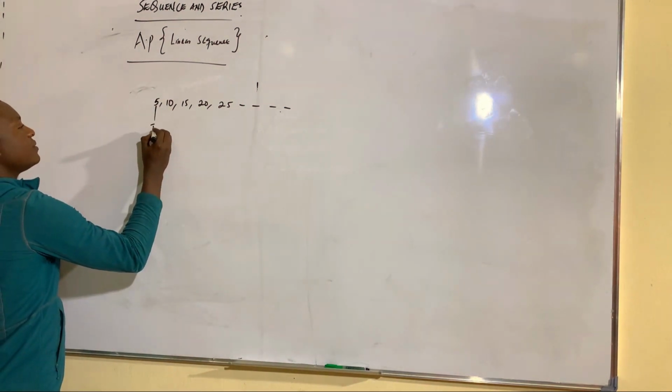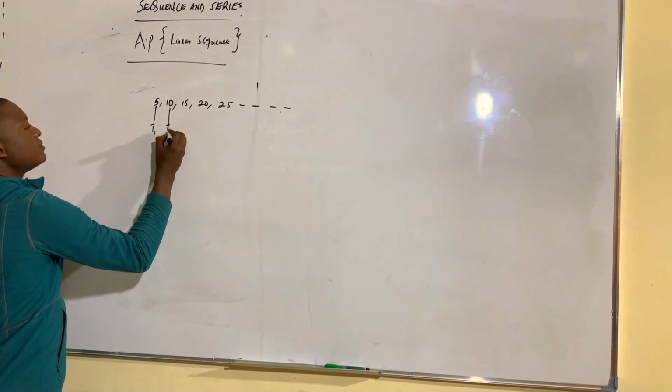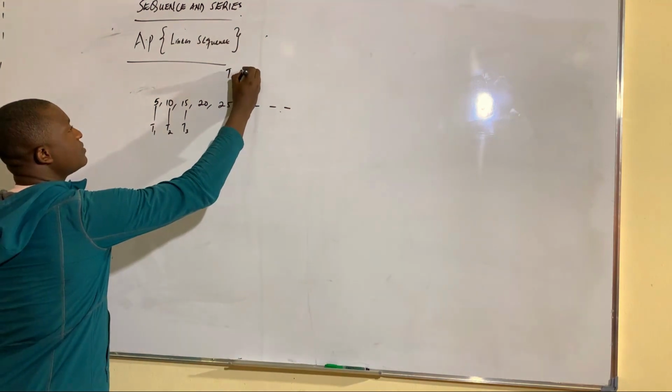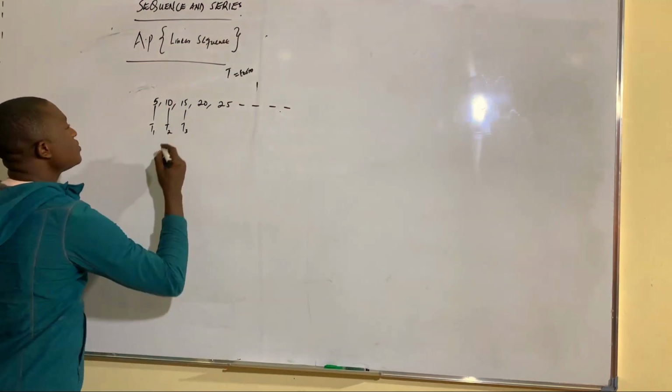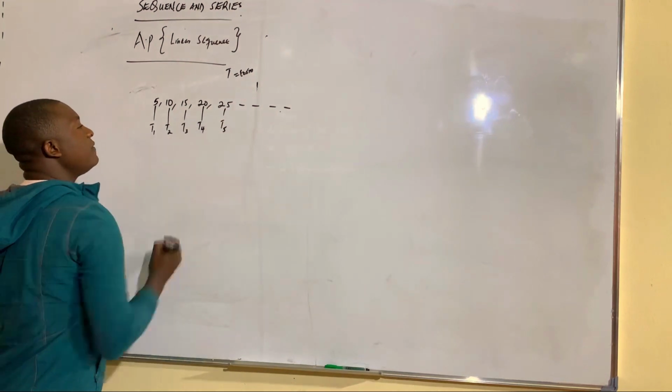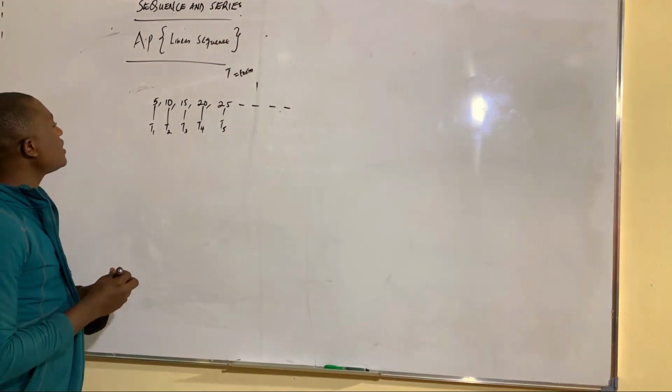Let's say this is the first term, this is the second term, and this is the third term. Note that what I'm using here is just a term, so familiarize yourself with that. This is the fourth term, and this one is the fifth term. Now, if you look at this